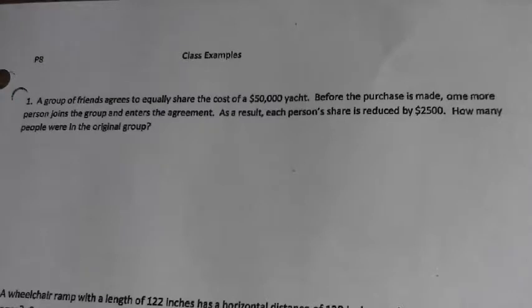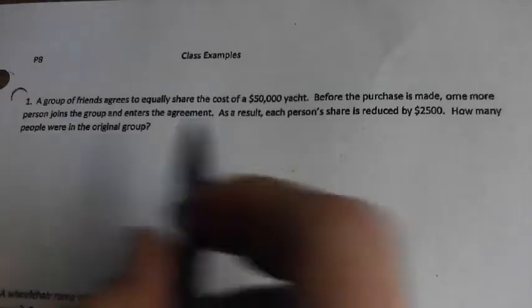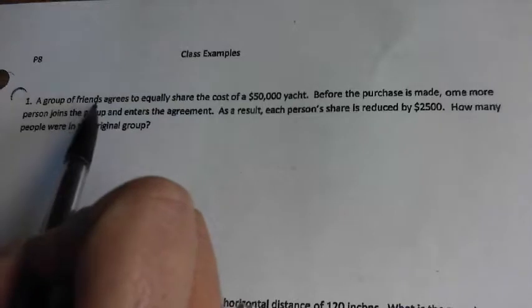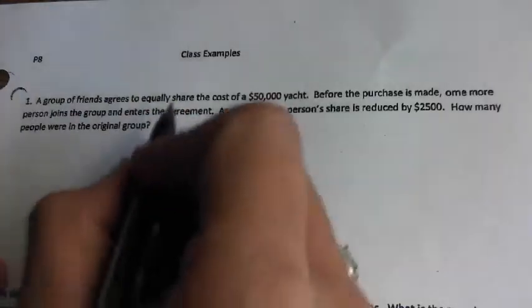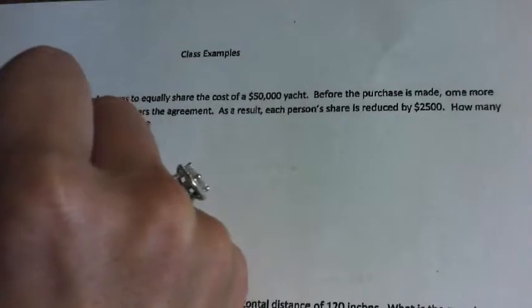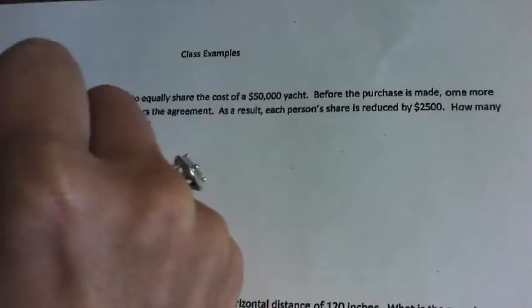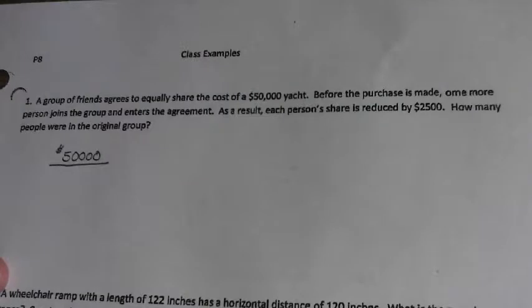So, without any instruction or methodology here, this might seem a little bit overwhelming. But there's kind of two scenarios. There's the starting scenario, and then some sort of change happens, and it affects our equation. So our group of friends, we don't know how many are in there, are going to share the cost of a $50,000 yacht. So a $50,000 yacht is going to be divided, the cost is divided